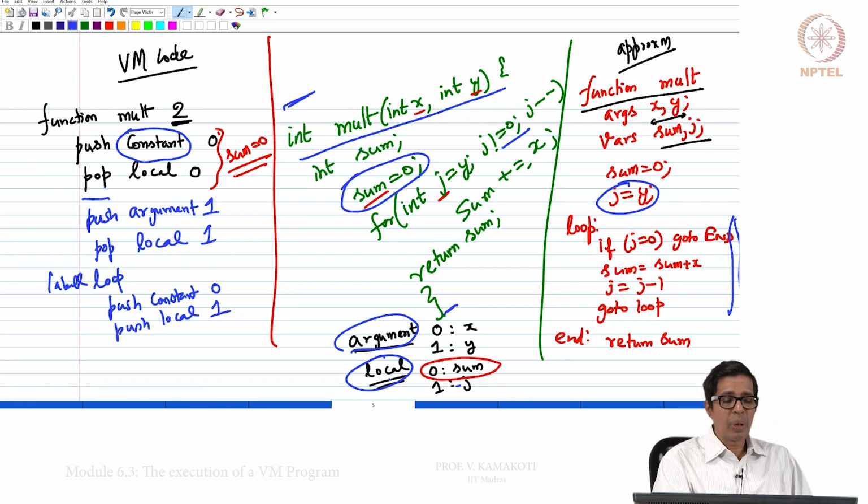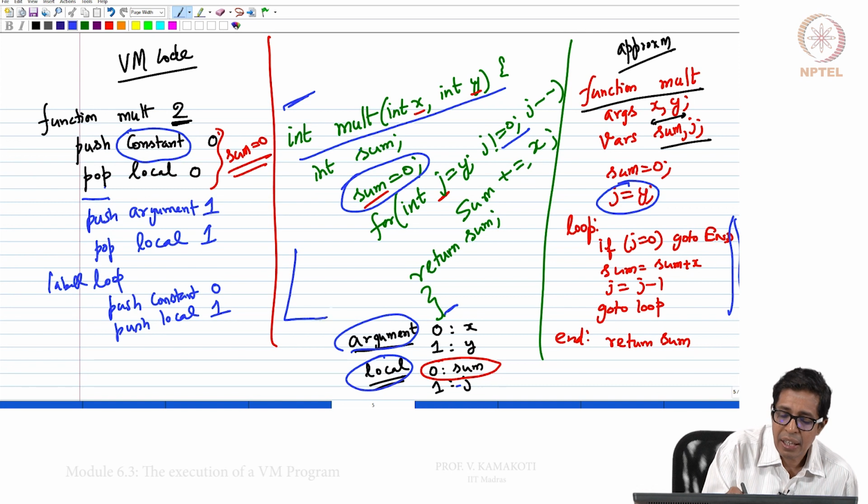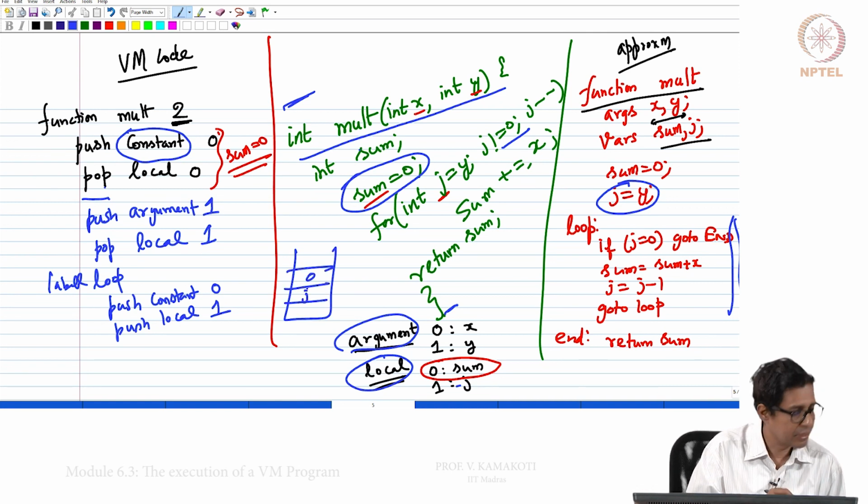What is push local 1? In the local segment, the 0th entry is sum, first entry is j. So push local 1 means the value of j gets onto the stack. So what is now on the stack? I have 0 and I have the value of j.